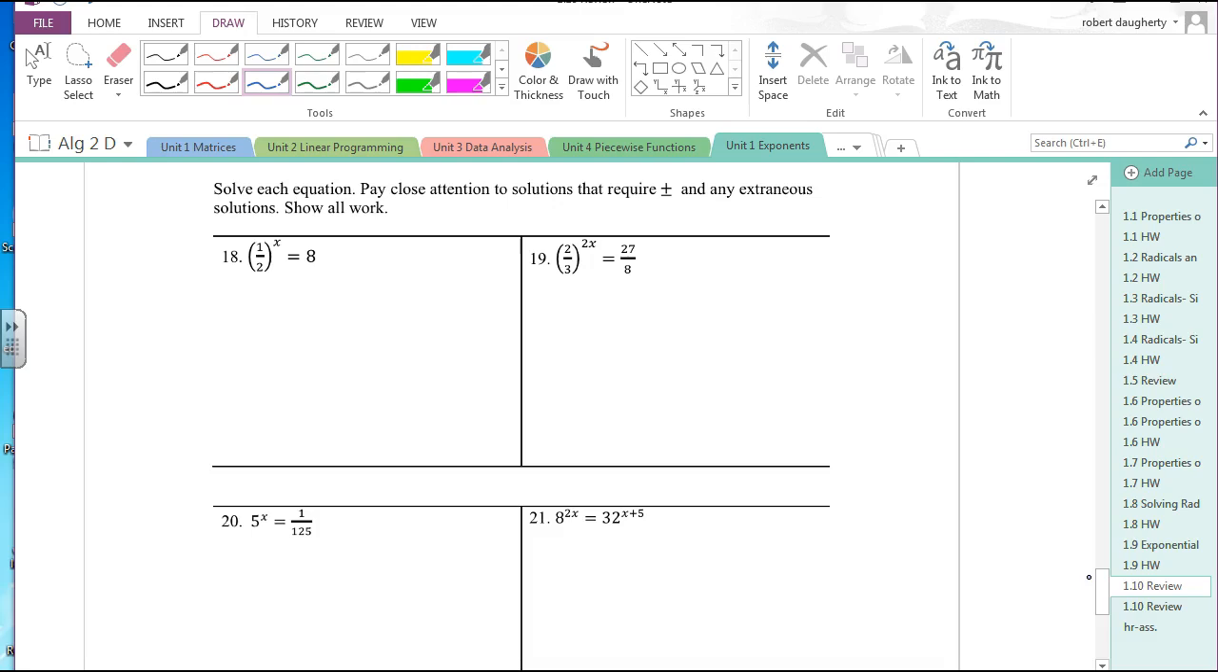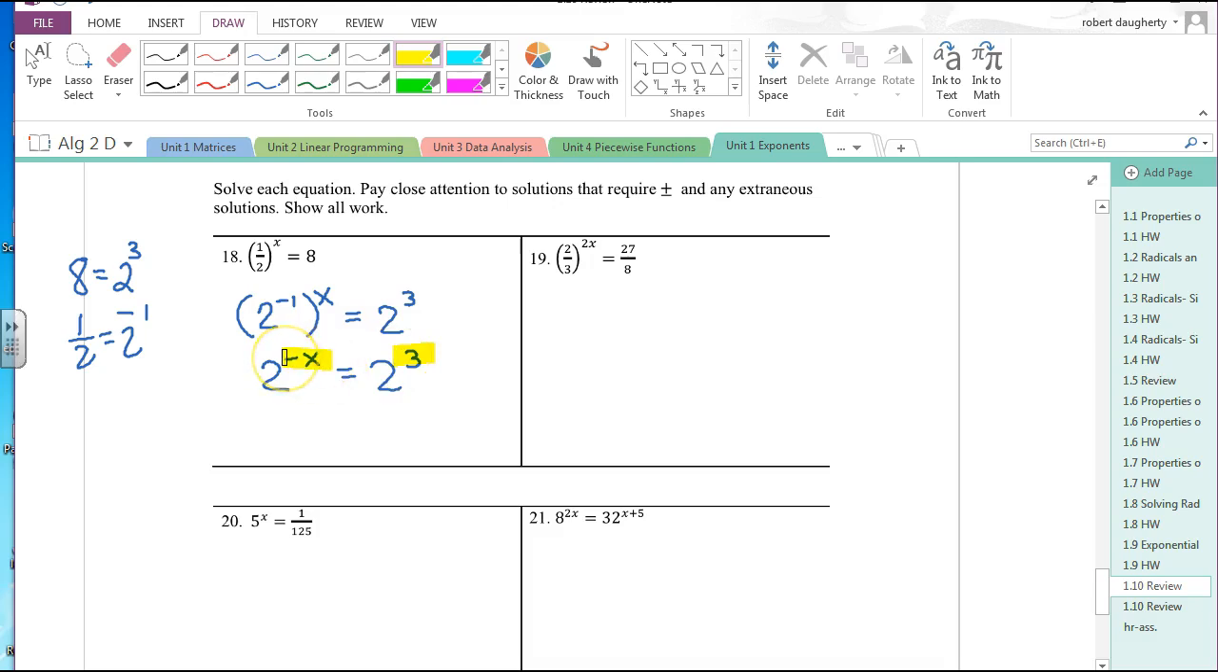Number 18, 1/2 to the x equals 8. Okay, now I need to look at, can I get both sides as a number raised to a power? When I look at 8, I know that's 2 cubed. And when I look at 1/2, you've got to recognize that's 2 to the negative 1. So yes, I can write this as 2 to the negative 1 to the x equals 2 cubed. That means 2 to the negative x equals 2 cubed. Now I have the same number on both sides raised to a power. That means that negative x is equal to 3, or x is equal to